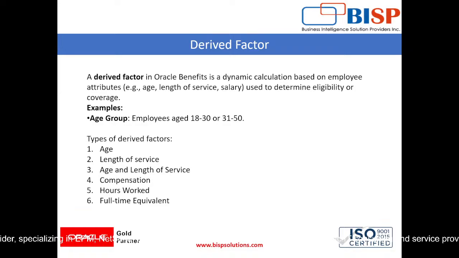A derived factor in Oracle Benefits is a dynamic calculation based on employee attribute. Okay, so let's say you want to derive something based on the age. So age should be greater than 18. Okay, you can derive that into a derived factor, and then you can attach that into the eligibility